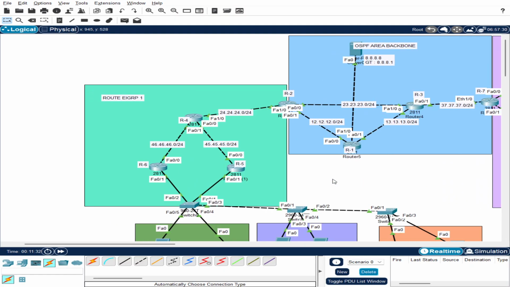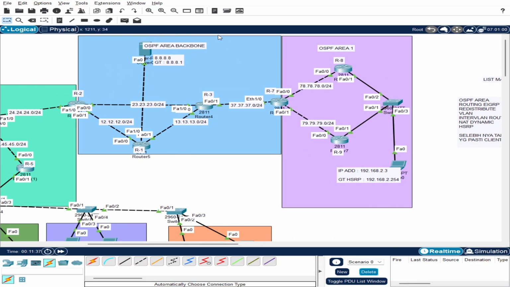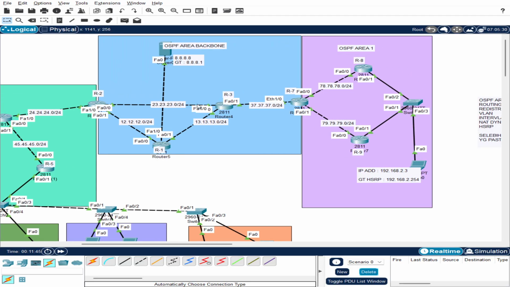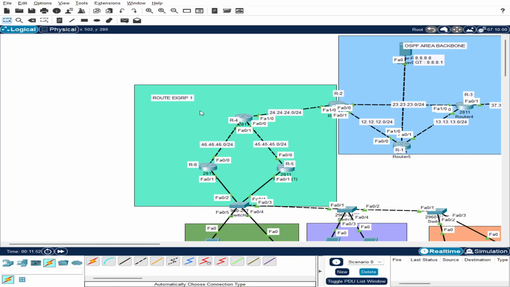Okay, let's start. First, as you can see here, there are three routing areas: the OSPF area 0, the backbone, then OSPF area 1, and EIGRP 1.